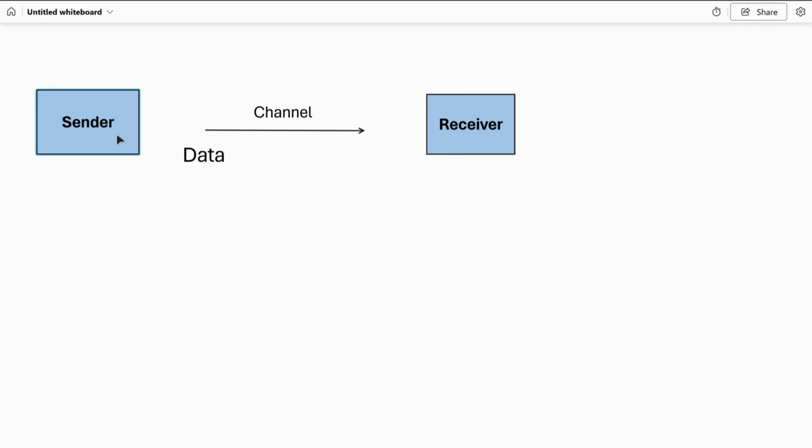Suppose the sender is sending data to the receiver; in between there could be a hacker or intruder who can disclose the information, alter it, delete it, edit it, anything he or she can. So we have to ensure this.